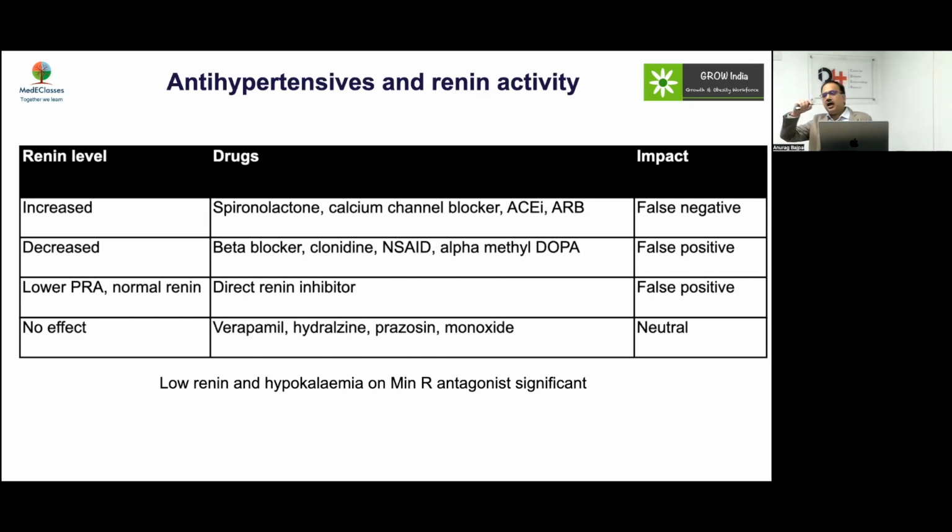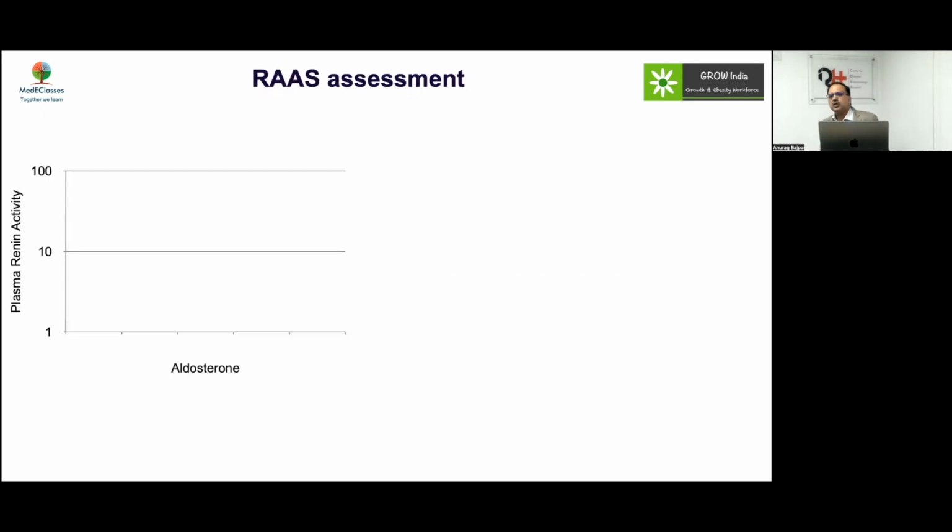If they are hypokalemic, then that is something that is actually overriding the effect. This is 100% sure that this is an endocrine form of hypertension or renin excess, from that perspective. Now, when you're assessing the RAS system, you need to remember that like FT4 and TSH, like calcium and